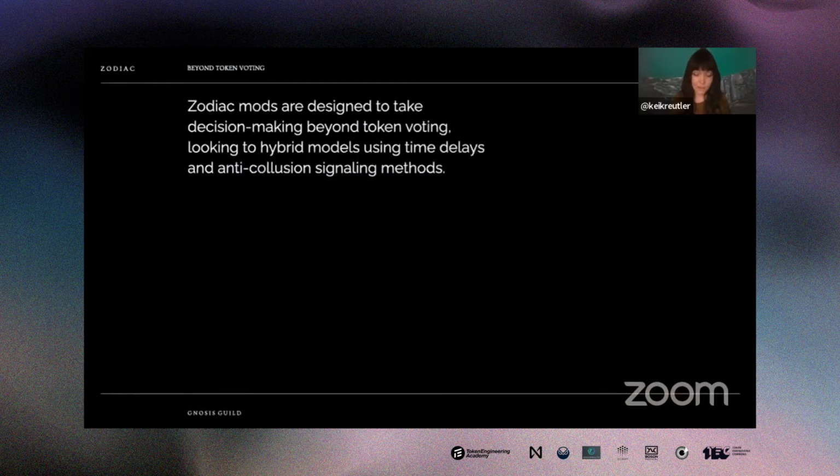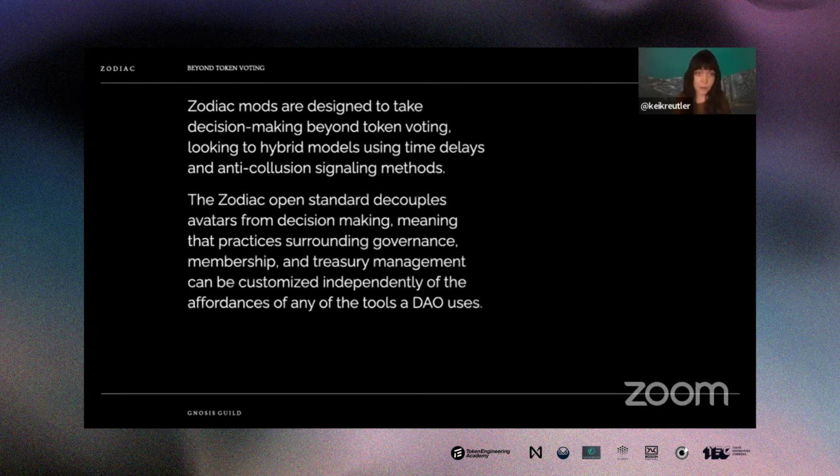And in summary, I would say the general approach is that Zodiac mods are designed to take decision-making beyond token voting, looking to hybrid models using time delays and anti-collusion signaling methods. And its open standard decouples avatars, or accounts, from decision-making, meaning that practices surrounding governance, membership, and treasury management can be customized independently of the affordances of any of the tools a DAO uses.